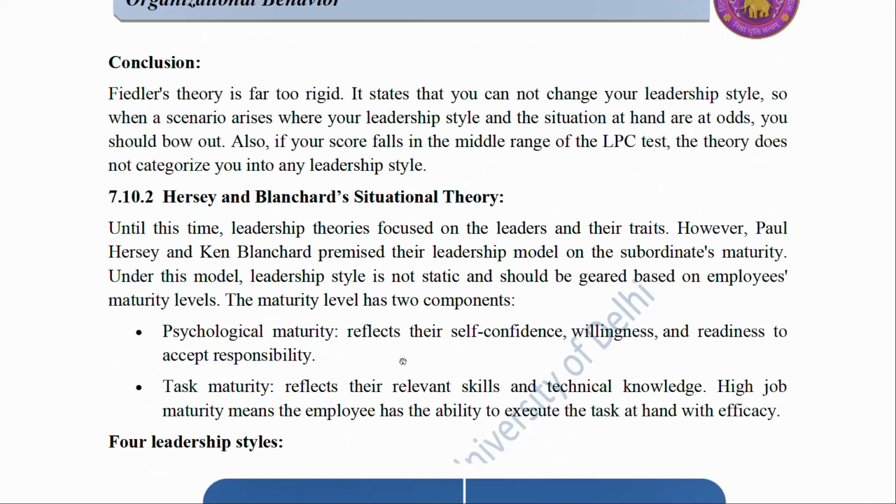7.10.2 Hersey and Blanchard's situational theory. Until this time, leadership theories focused on the leaders and their traits. However, Paul Hersey and Ken Blanchard premised their leadership model on the subordinate's maturity. Under this model, leadership style is not static and should be geared based on employees' maturity levels. The maturity level has two components, namely psychological maturity,